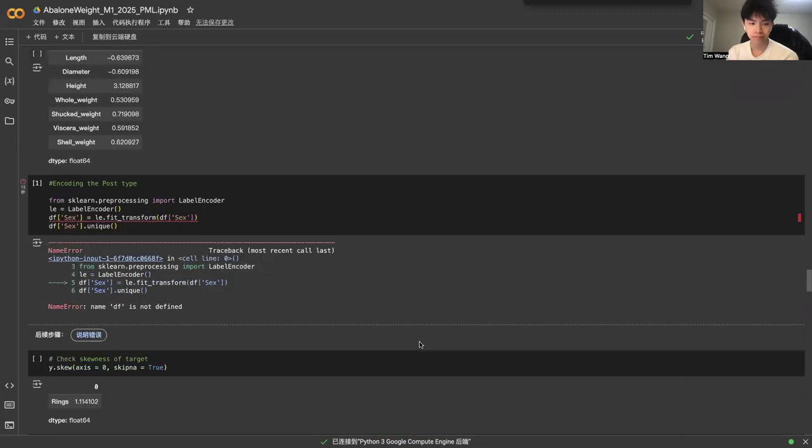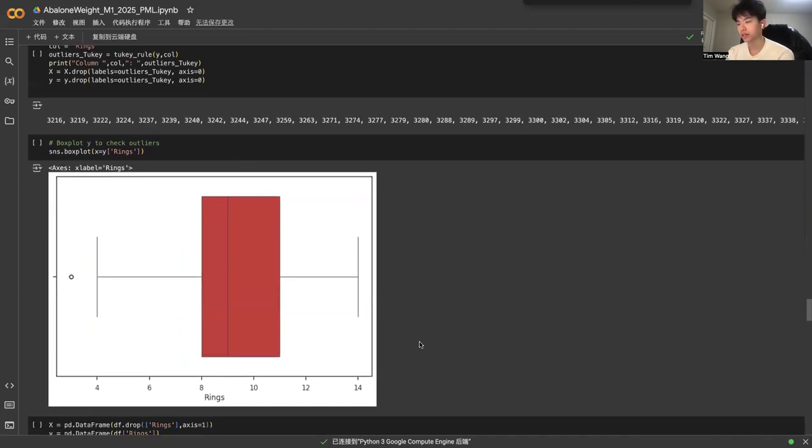Then, the box plot identified outliers, particularly in the target variable. And removing these outliers using the Tukey rule ensured that the data set was more representative, reducing noise that could negatively impact model performance. And scaling was another critical step, with features standardized to have a mean of 0 and